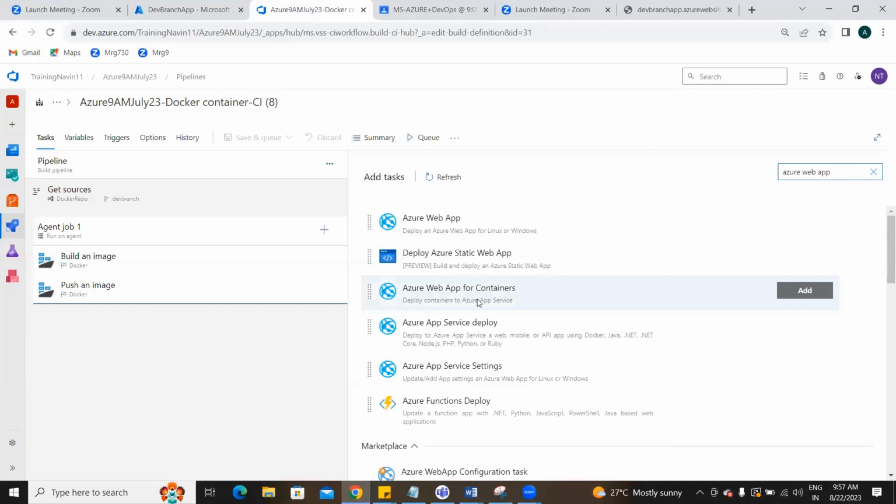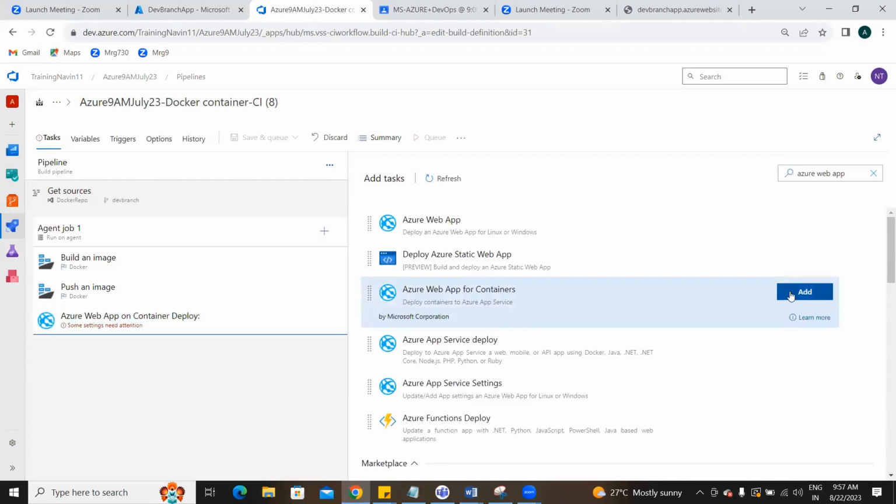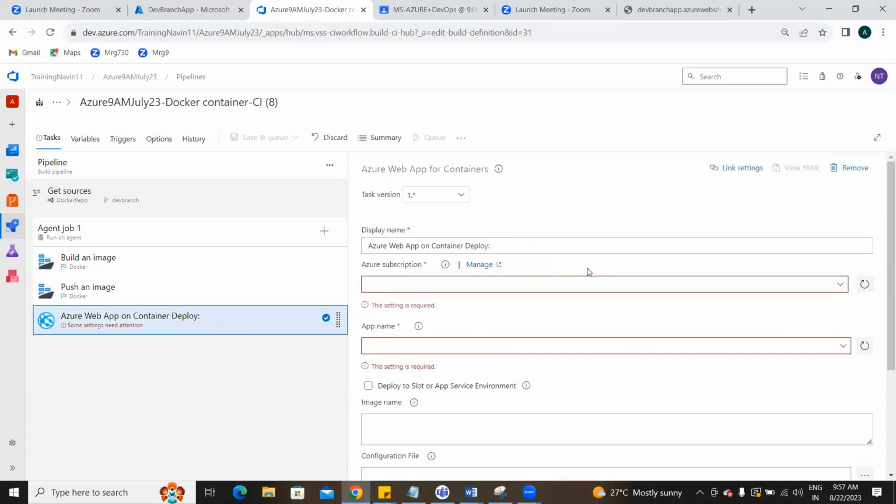I'll tell you why it is asking me. It's not mandatory, but why? See, I'm using one environment, not multiple. I'll tell you why I'm using it. Hold on, let me come here. Here is a decision maker actually. Instead of going ahead with the app services that you have already created, you can directly push the image to any app service with the help of this only. So you have that option here.